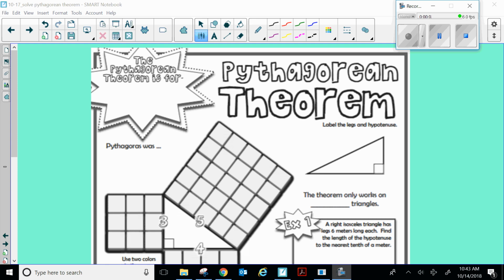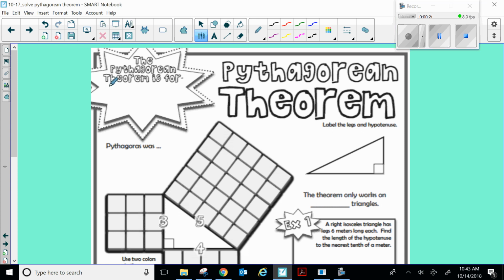This is Mrs. Fraser, and we are going to be going through your Pythagorean theorem notes. You're going to want something to write with and maybe a couple of highlighters or other colors to help personalize your notes today. So the Pythagorean theorem